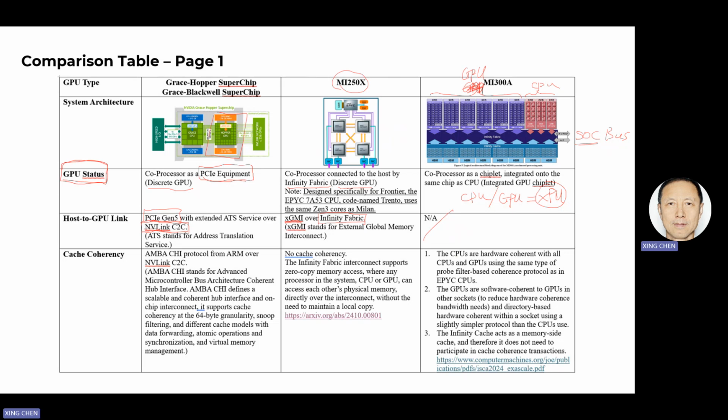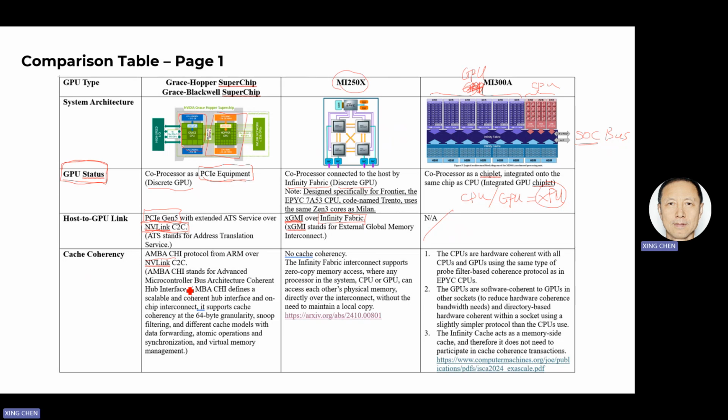Okay, now we need to have a look at this cache coherency. The cache coherency for Grace Hopper and Grace Blackwell is AMBA CHI. AMBA CHI is Advanced Microcontroller Bus Architecture Coherent Hub Interface. So this is the cache coherence protocol from ARM. Because you have this Grace CPU, this is the ARM CPU,